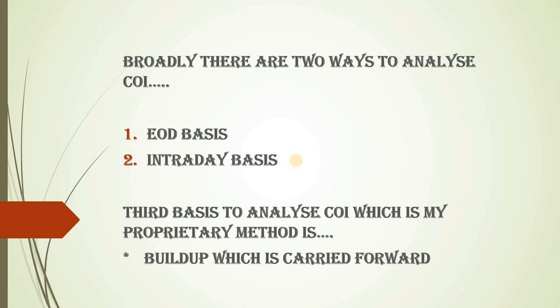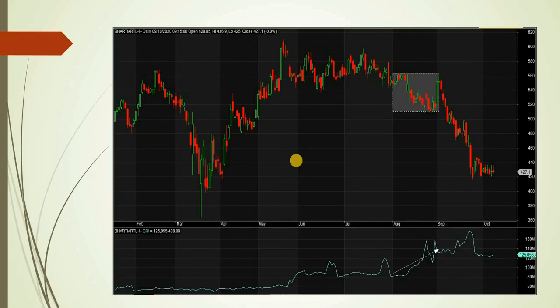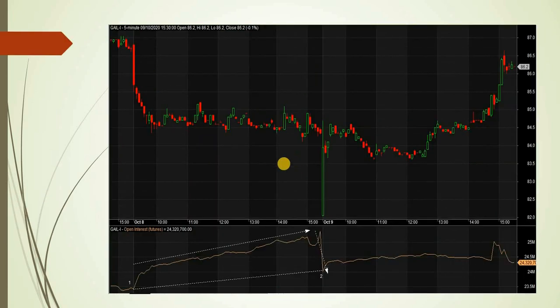The third basis to analyze COI is my proprietary method. I call it buildup which is carried forward. Now let's look at the example. This is the GAIL 5-minute chart. If we look at the 8th October,